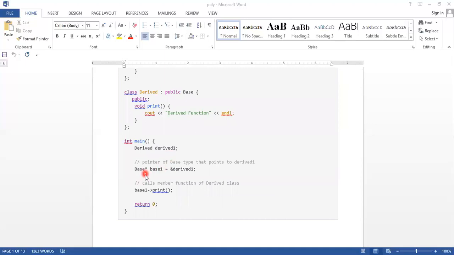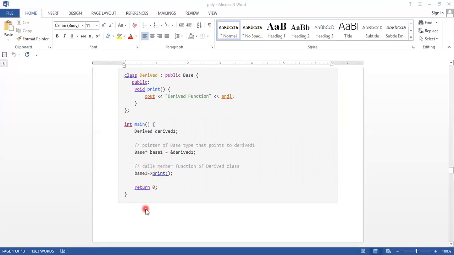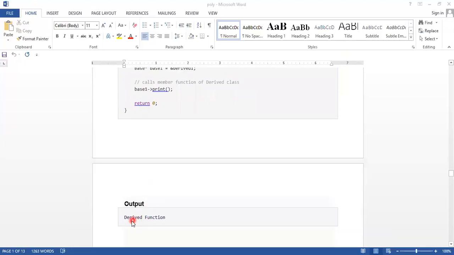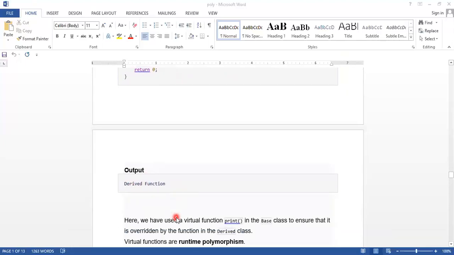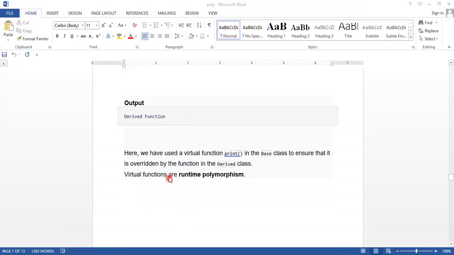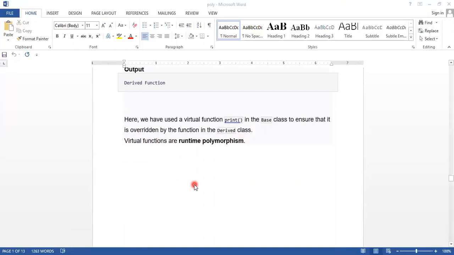Then for the base class we define the object, derived one. Then we access this print function by using this object name. The output is the derived function. So here we have used a virtual function print in the base class to ensure that it is overridden by the function in the derived class. So virtual functions are runtime polymorphism.